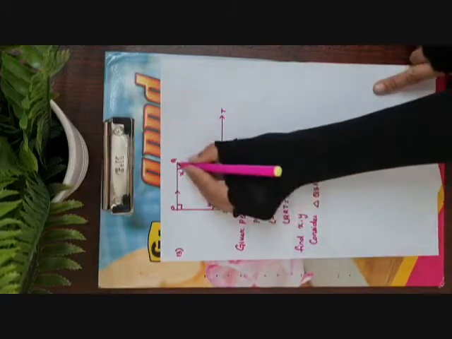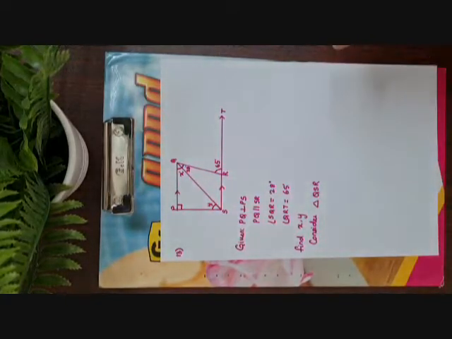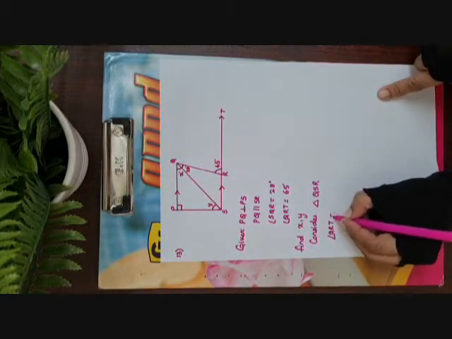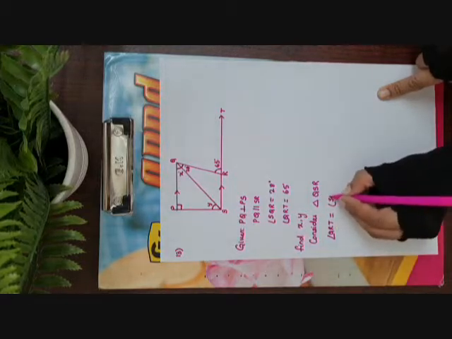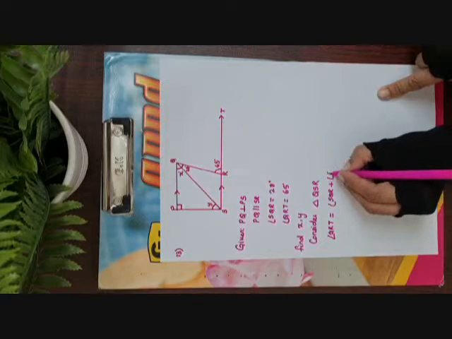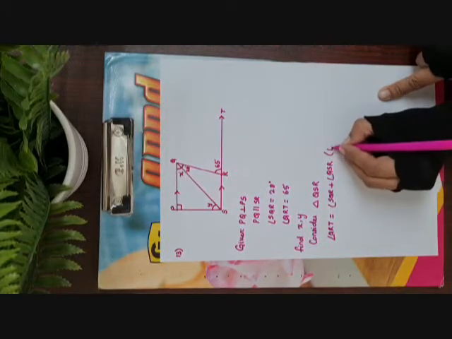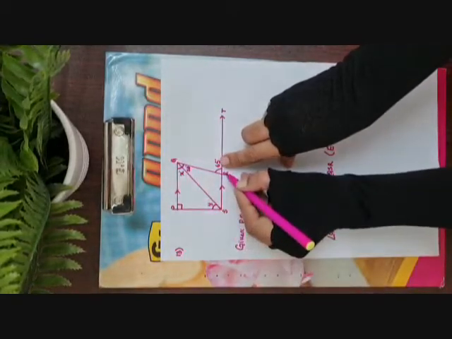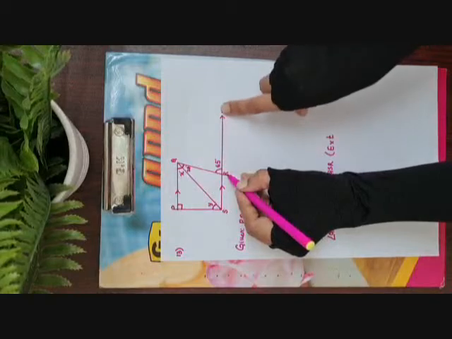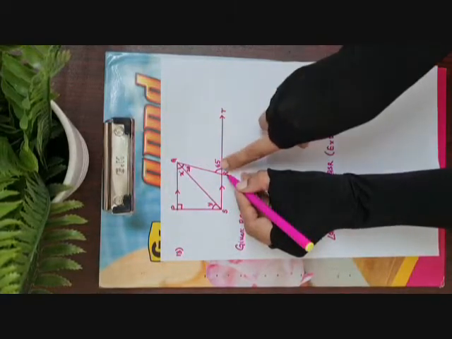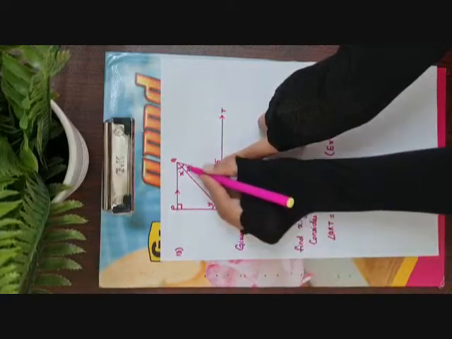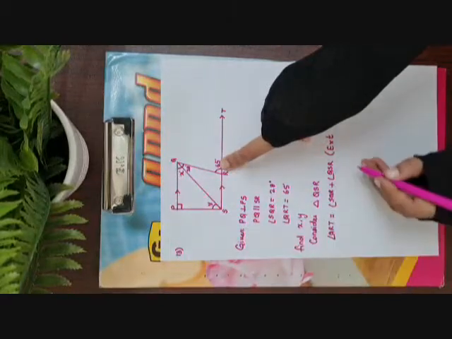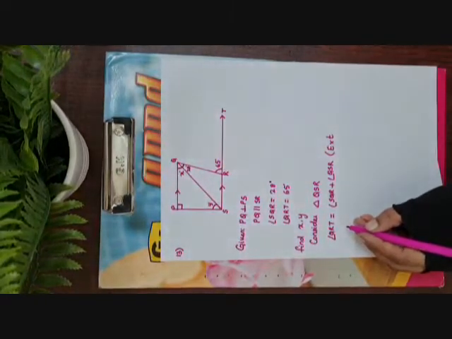We have exterior angle. This is exterior angle property. Okay? So we have angle QRT will be equal to angle SQR plus angle QSR. See, children, we are using exterior angle property. QSR is the triangle. Angle QRT is the exterior angle. And what is the property? Exterior angle is equal to sum of interior opposite angles. So we are writing it as SQR plus QSR. Is that clear, children?